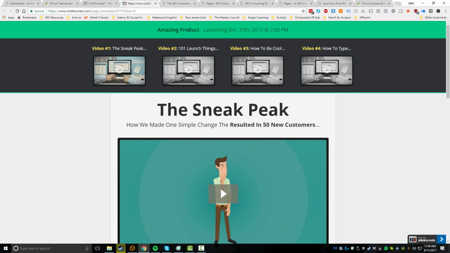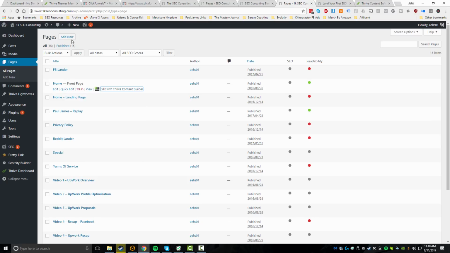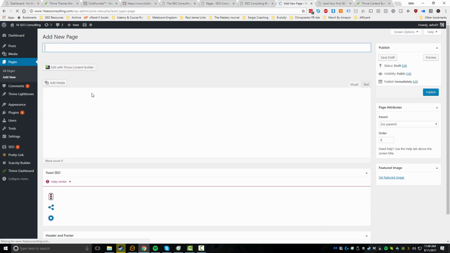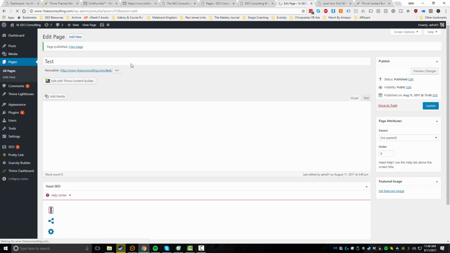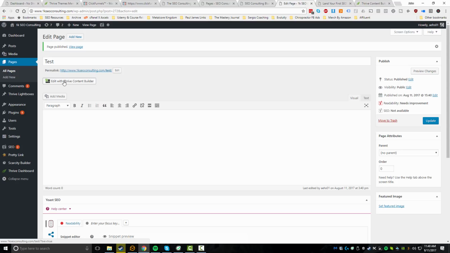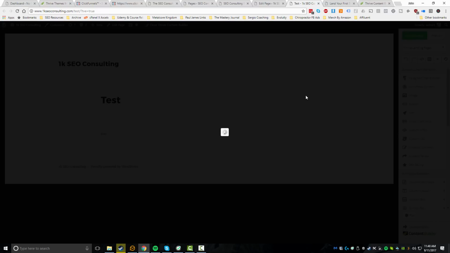It doesn't need to be complex, but let's actually go over and we'll do a new test page with Thrive. I'm just going to call this test. And you have to publish it in order to be able to edit and actually pick a template. So now we do edit with Thrive Content Builder. And this is a blank page. Now what I can do is at the top right corner, I can do choose landing page, and I'm going